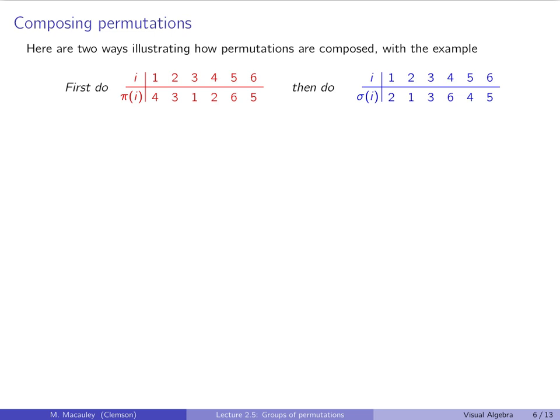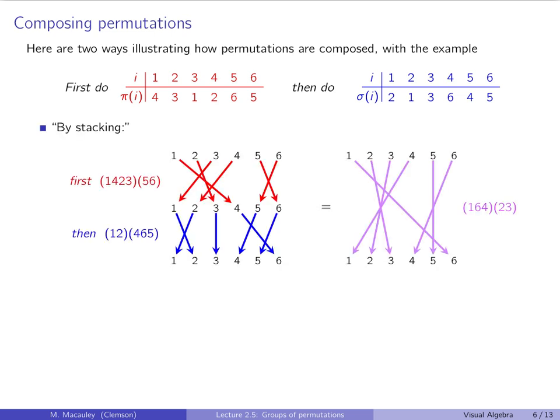Let's now talk about how to compose permutations, because if we're dealing with groups, we're going to have to multiply or compose elements. I'll go through this with each of the 3 notations that we've seen. First, let's start with the one-line notation, and I'll do it with an example. I'm going to use 2 different permutations, pi and sigma, than what I had a few slides ago, because I think this one illustrates the concept better. As I said earlier, the one-line notation does not make it obvious how to compose these things, but if we